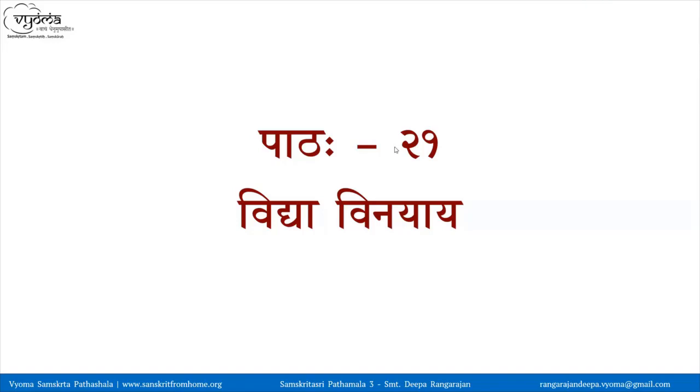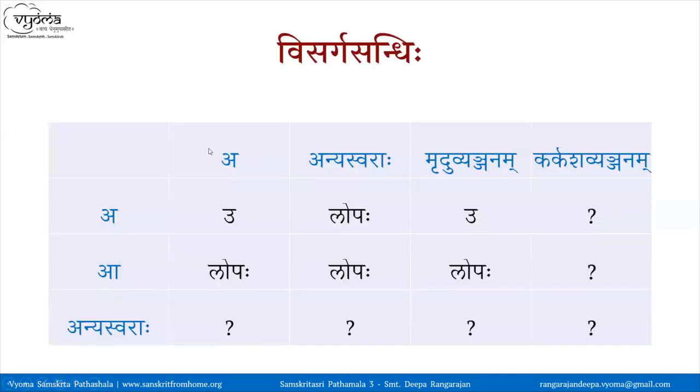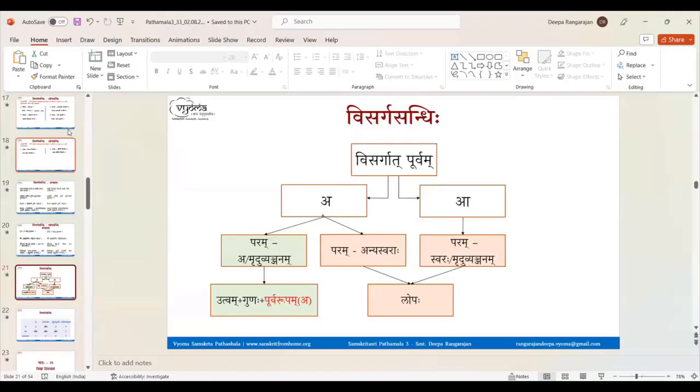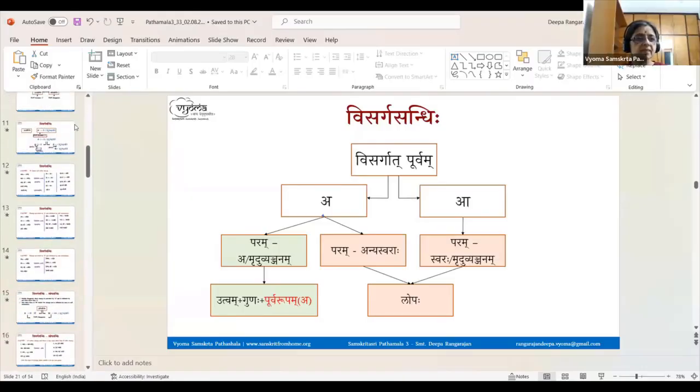Yes, I have a question here. How do you change to Guna Sandhi after the Utva Sandhi happens? Because we see vakaram, you say that we are taking the akaram from the vakaram, u plus a becomes o. How is it possible? I am not able to agree on that. Before the visargam we have a hrasva akaram, then we change, the visarga is removed, and it changes to u, right?